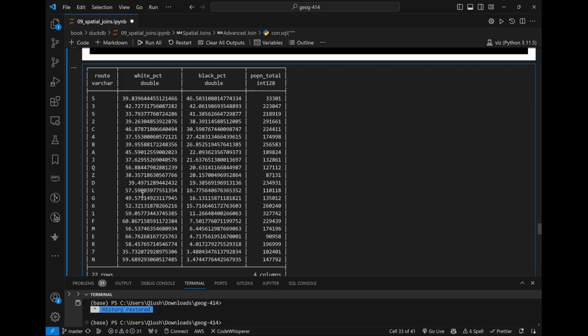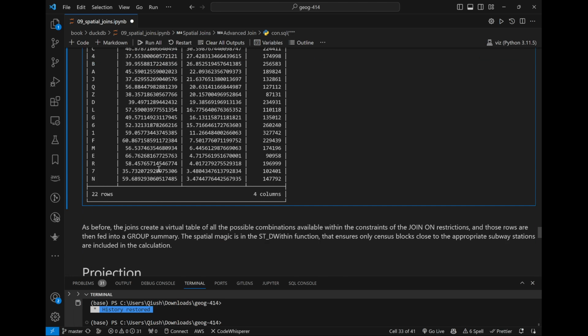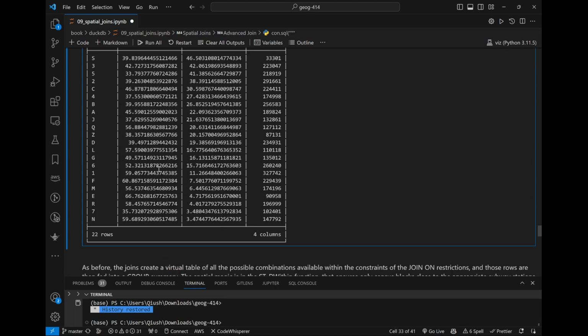You can look into the map and just see, for example, why certain routes have a certain race or ethnicity population concentrating within a certain neighborhood, and it gives you all the information. You can sort, for example, by Asian population, right? And you can figure out which route has the most Asian population concentrated there. So this can give you some insights about the spatial distribution of the variation of different populations and how